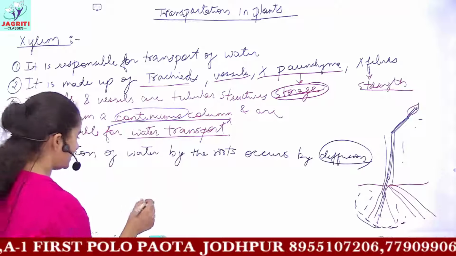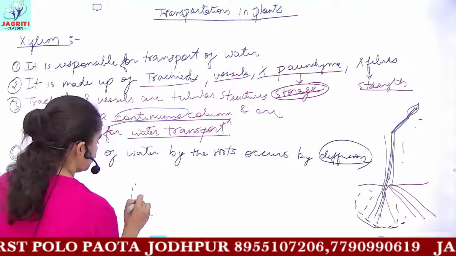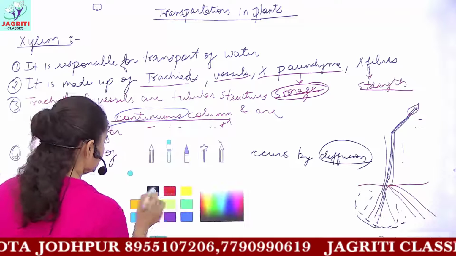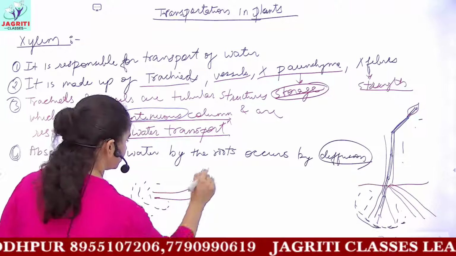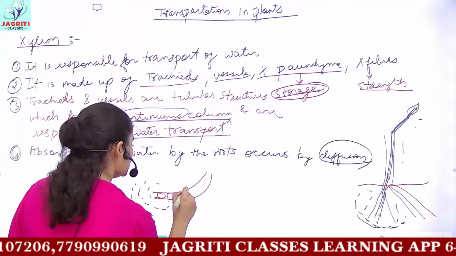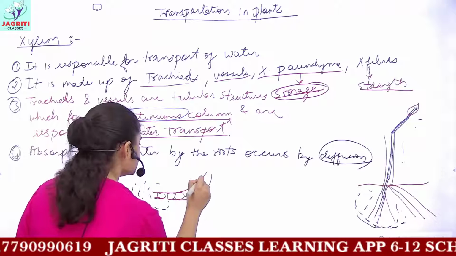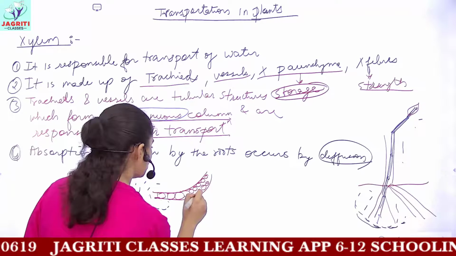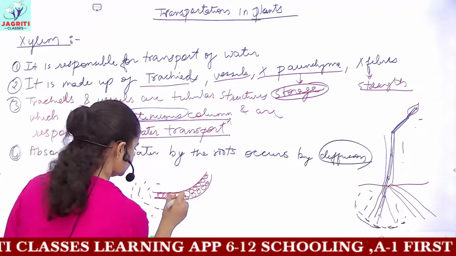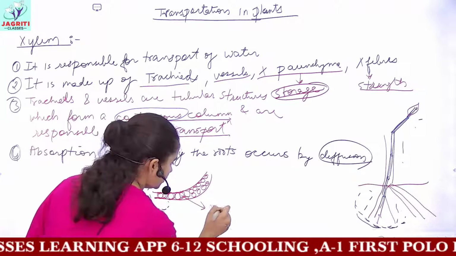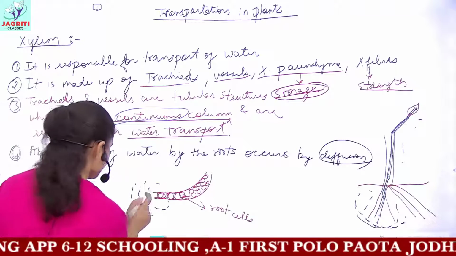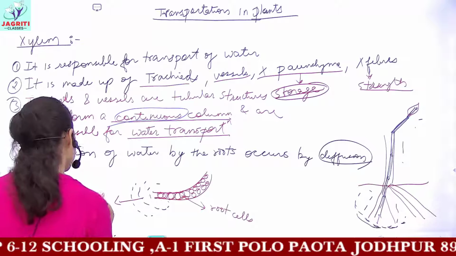And how you can understand? Let's suppose these are the soil particles. And then this is your root. Okay? So this root, everything is made up of cells, you know. So this root is made up of different cells, which you can call root cells. So these are your root cells. I have drawn a very enlarged view. And these are the soil particles.